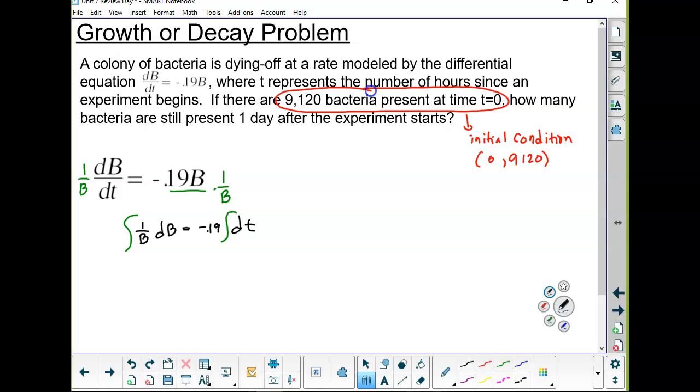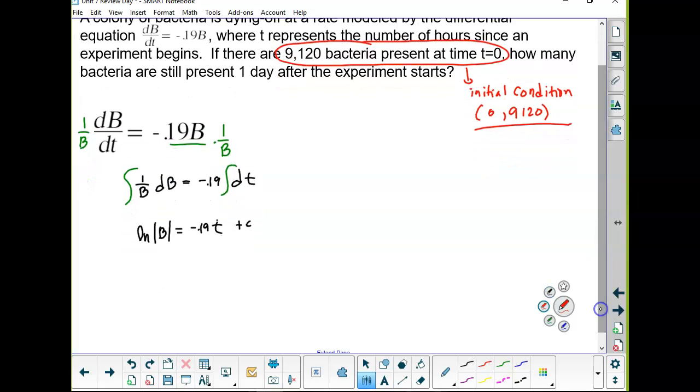Whose derivative gives me 1 over b? That's the natural log of the absolute value of b. And then the antiderivative of dt is just t plus c. Notice, c appeared. As soon as c appears, we're going to use the initial condition. I'm going to plug in my t is 0. I'm going to plug in 0 for t. B is